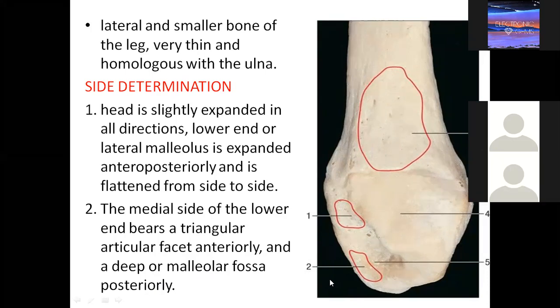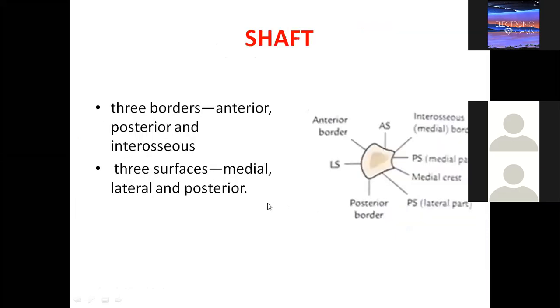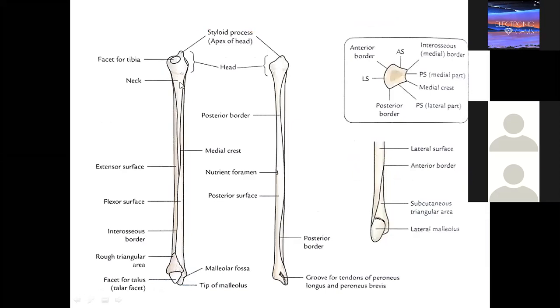Okay, nice, very good. Okay, now see here, I will just take you to the upper end. See, when you look at this upper end, beta, how does it look? See, it looks like pointed only. The lower end also looks pointed, the upper end also looks pointed, roughly speaking. So this upper end which is pointed, the sharp projection, what it shows is the styloid process.